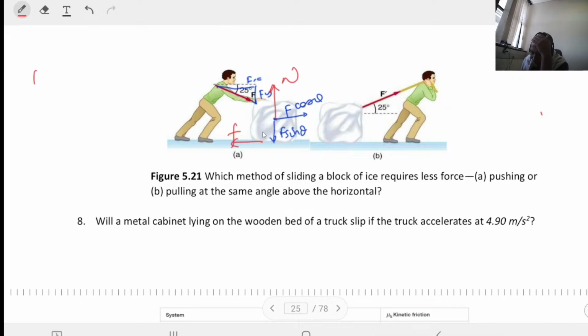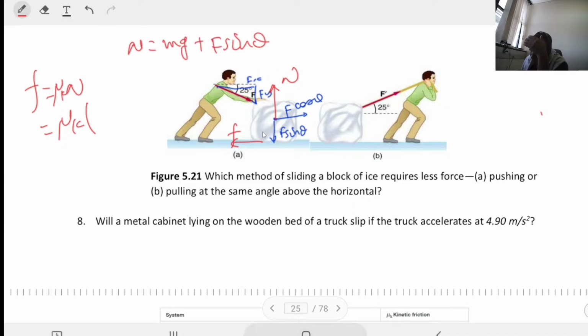I'm saying that F must equal mu, let me call it kinetic, times the normal force, mu k times N, to set it into motion. What's the normal force? Because this thing is not going up and down along the y-axis, N must equal mg plus F sin theta, because half of the force is